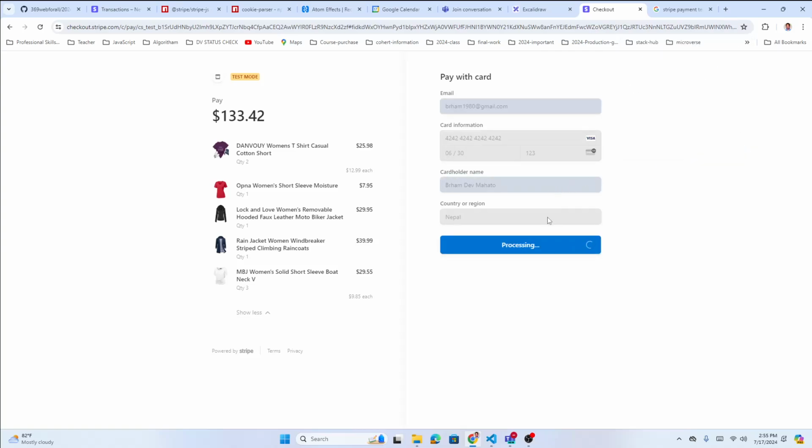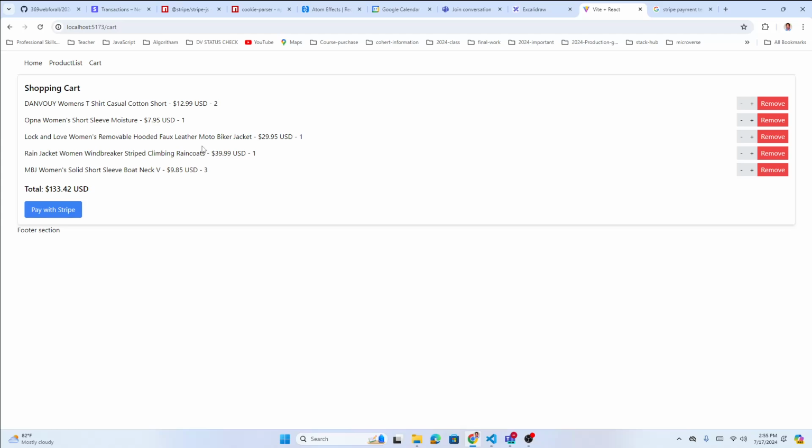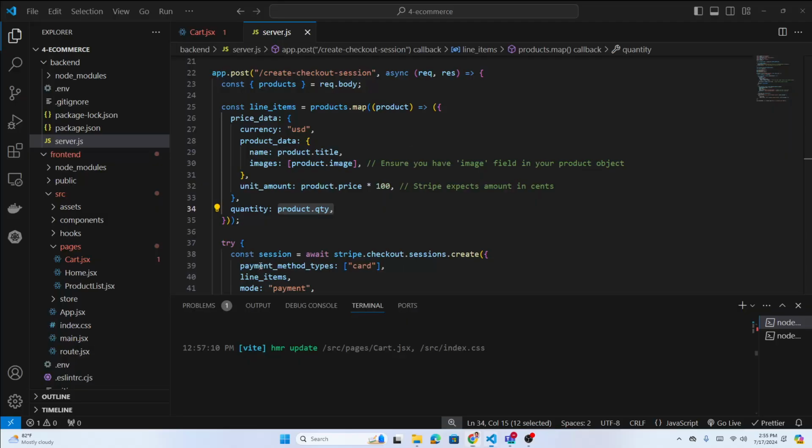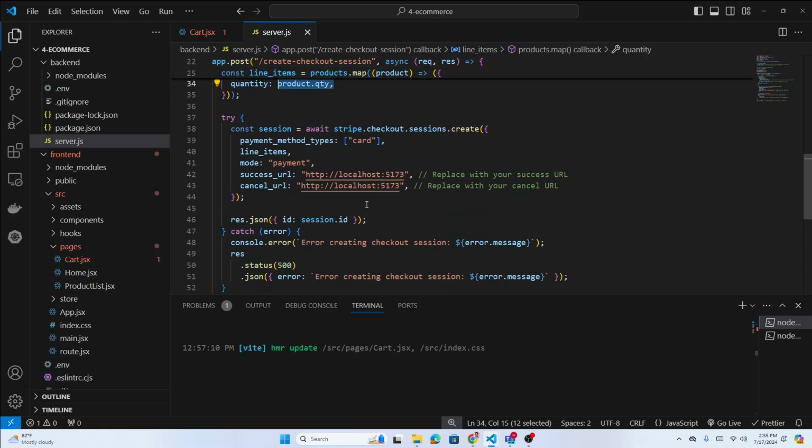Processing. And once complete, it will send us to our home page, right? Success. And you see, we just got sent back to our home page. So we can delete this cart, right? When the process is success, at the same time you can remove everything from the shopping cart, right? We can do that. We just write one function and delete it, somewhere here, and not here, right? Basically, let's say when we receive the success message,